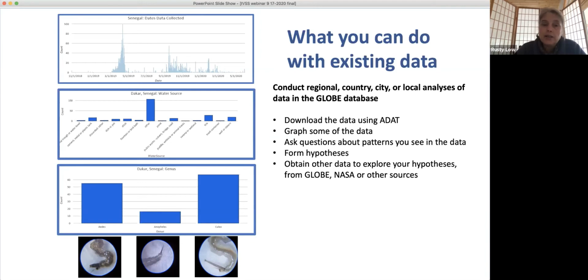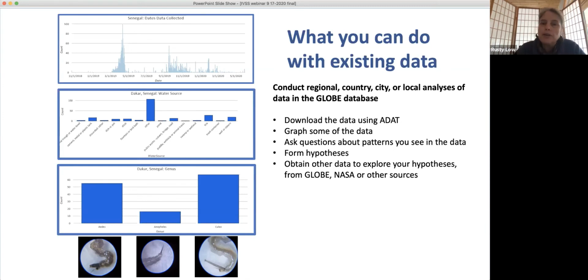And there is something to be said there that we can maybe look at patterns and try to see what we're seeing. We also see that there is an unequal distribution of the different genera of mosquitoes that were found. So maybe there's a pattern between the places that they're finding mosquitoes and the kinds that they're finding. There's all kinds of different questions. So download the data, look at it, look at patterns, form hypotheses, and then the next step is